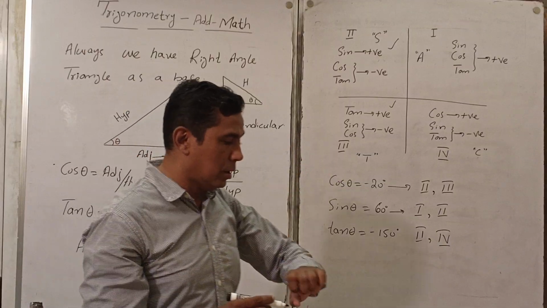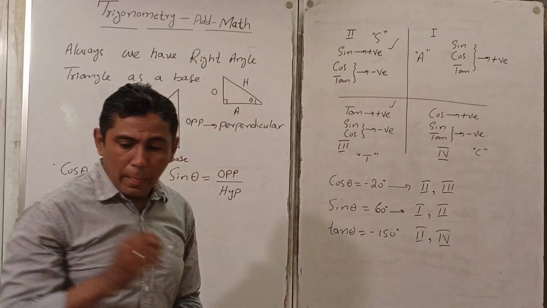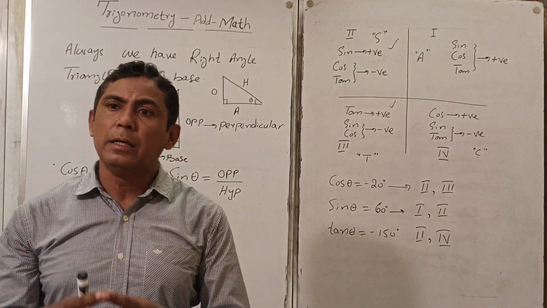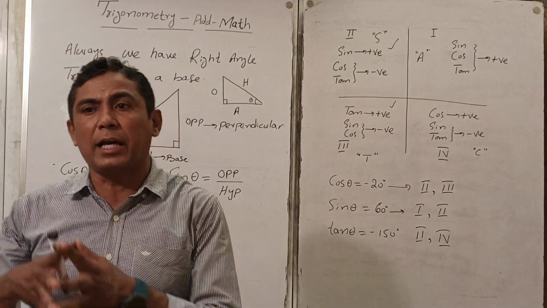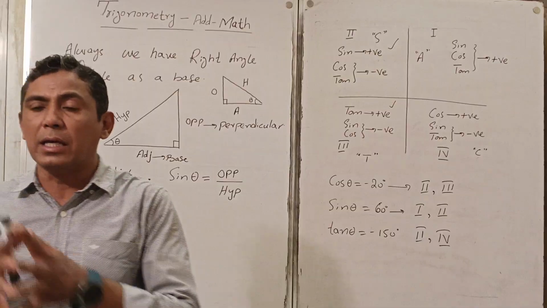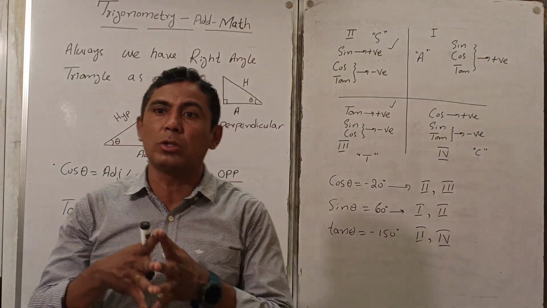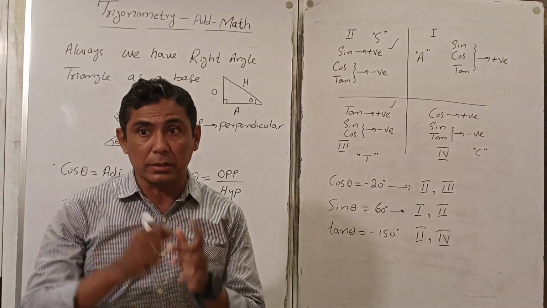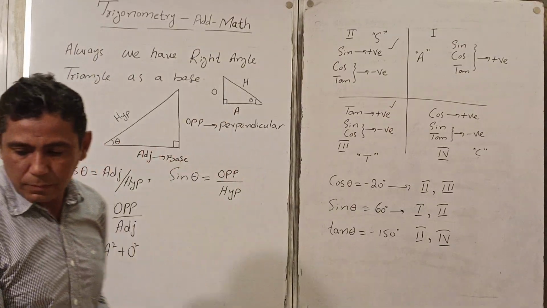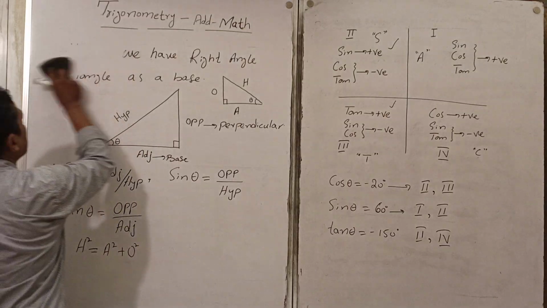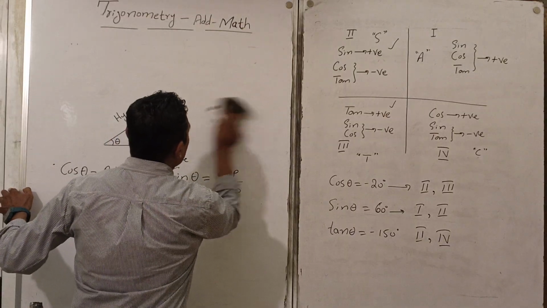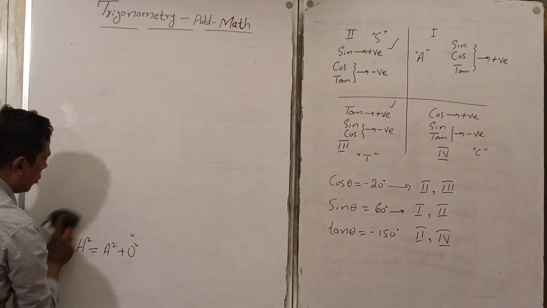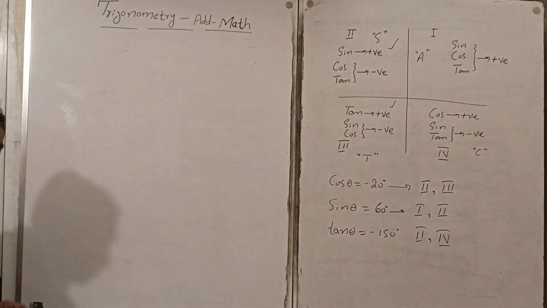You have to be clear about this. So that was the basic concept. Now, one important basic concept. First of all, I just want to clear some basic concepts and the base of this topic. Then we will move towards some numerical examples related to that topic or past paper questions. One important thing that you have to be clear about is complementary identities, complementary angles.